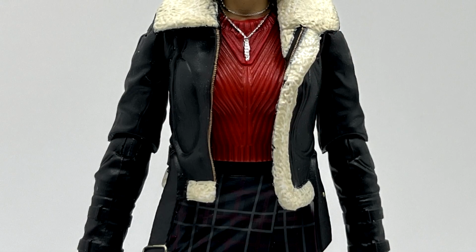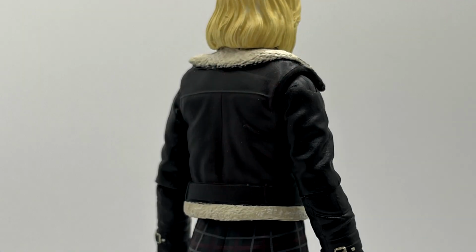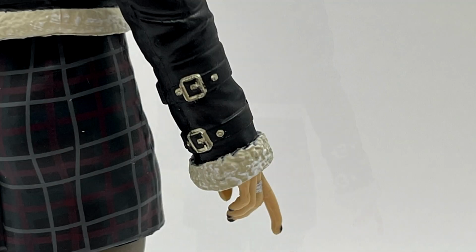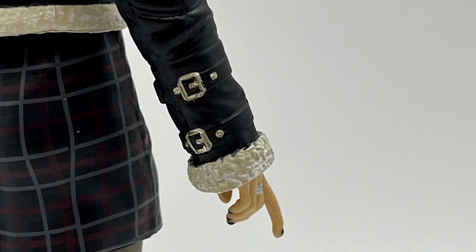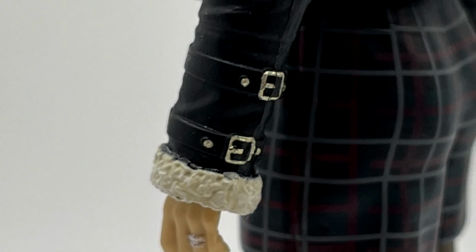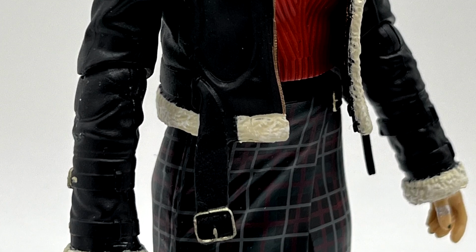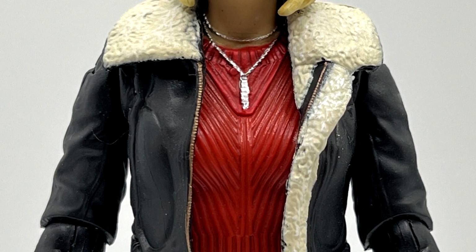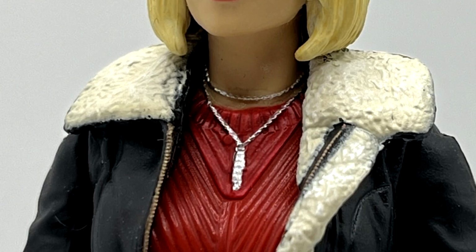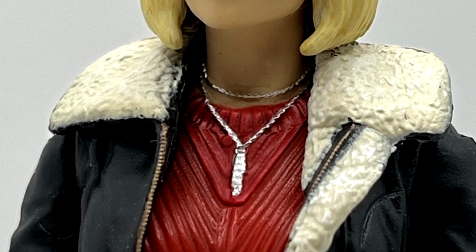And when you look at that, you can actually see that it's done in a cream colour as a base, and then it's got like a white dry brushed over the top just to bring out the detail. You can see through the sculpt that it's got plenty of creases, the detailing of the belt, and the buckles painted on in silver, and her zip painted in gold as well. Ruby's red jumper is also sculpted beautifully too, and you can see by all the lines and detailing. And just like the Doctor, she also has silver necklaces on that have been applied quite crisply without any paint